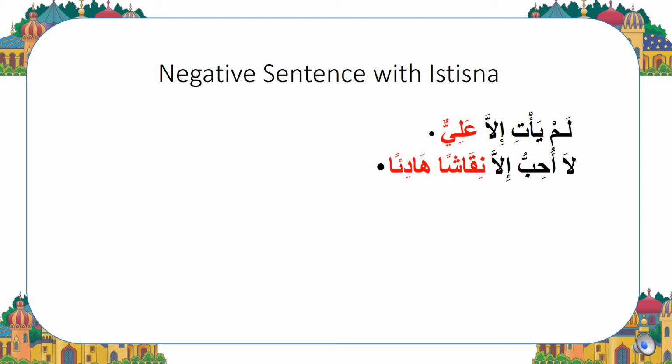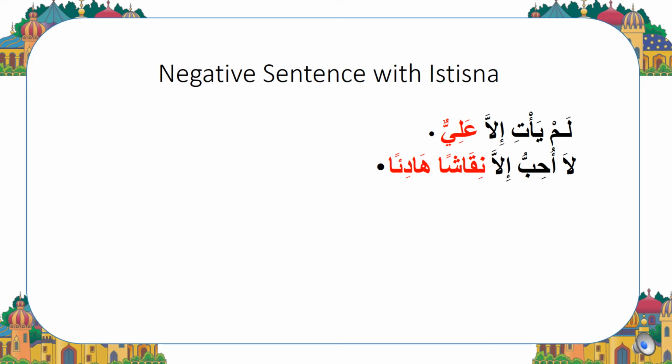لم يأت إلا علي. If we study this example, we notice that mustasna is not mentioned in it. After istisna article illa, mustasna min, which is Ali, is mentioned. Ali in this sentence is the subject of the verb ya'ti. Since mustasna is not mentioned, mustasna min, Ali, must be determined by context, which is marfu here as the subject